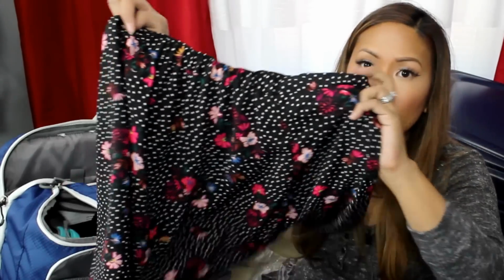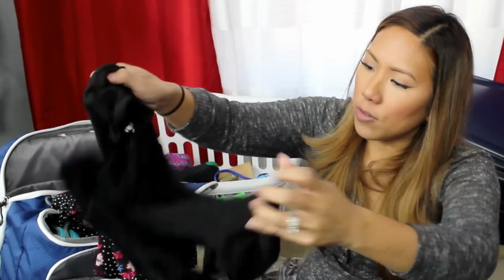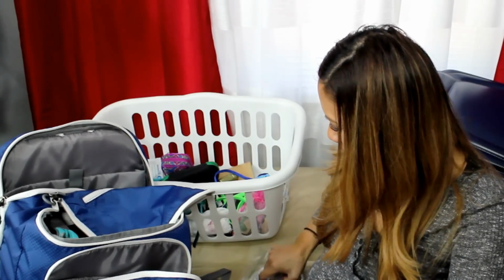This little skirt is from Express, got it on clearance, and a little bodysuit from H&M that I'm going to wear with it. So that's gonna go inside here. I'm gonna fold it better, but just for the purpose of keeping this video going along. A pair of little walking sandals, which also will double as pool flip-flops. And